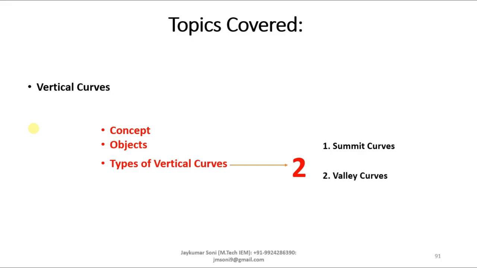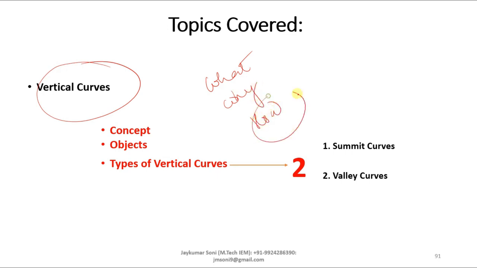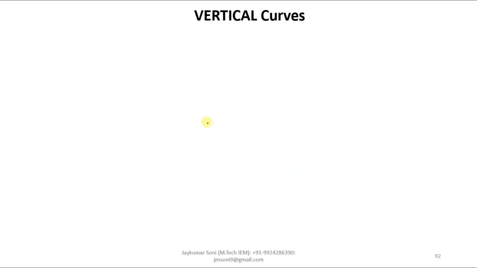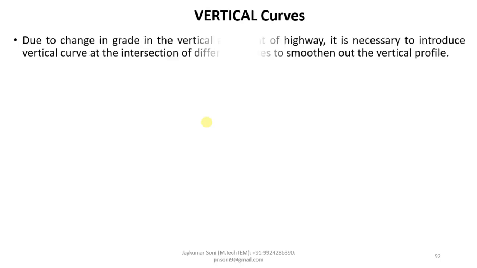Let us learn why this kind of vertical curve is required. Let us learn the answer of why, what, and how. Let us go into detail. So let us learn about the vertical curve. Why is the vertical curve required? Let us learn the definition: due to the change in grade in the vertical alignment of the highway,